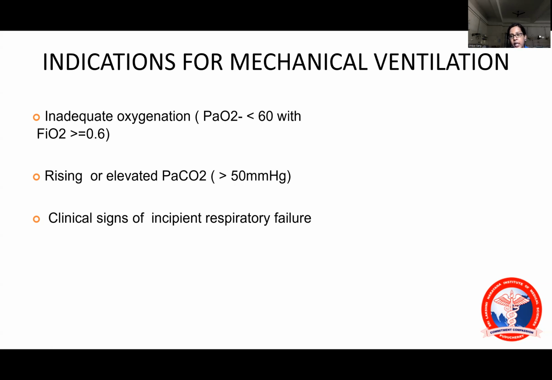For the patients, we are getting an ABG done, as we saw in the investigation part. So we are going to calculate the PF ratio. If PaO2 individually is less than 60 millimeters of mercury with adequate FiO2, that is, if we are providing 60% FiO2 and despite that the patient's PaO2 is less than 60, then we label it as inadequate oxygenation. Then the patient might need mechanical ventilation. Or the PaCO2 has raised to more than 50 millimeters of mercury. Here, COPD patients will have a baseline of high PaCO2. We should be able to differentiate both.